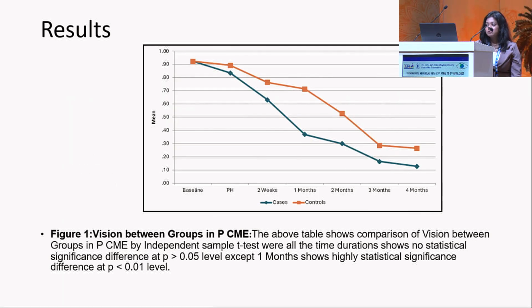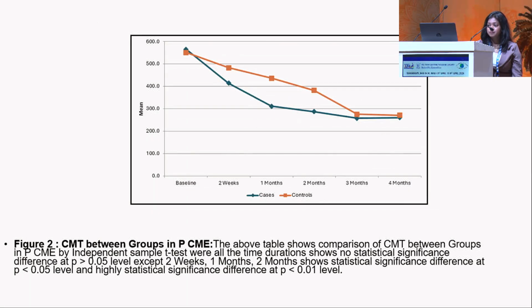In the results, the table shows comparison of vision between groups in pseudophakic cystoid macular edema by independent sample t-test. At all time durations there was no statistically significant difference except at 1 month, which is highly significant at p-value less than 0.01. The next table shows comparison between the groups in central macular thickness in pseudophakic cystoid macular edema. At all time durations there is no statistically significant difference at p greater than 0.05 levels except at 2 weeks, 1 month, and 2 months,